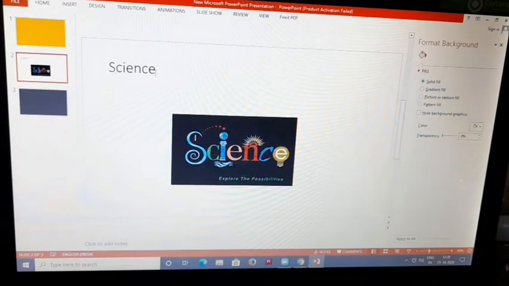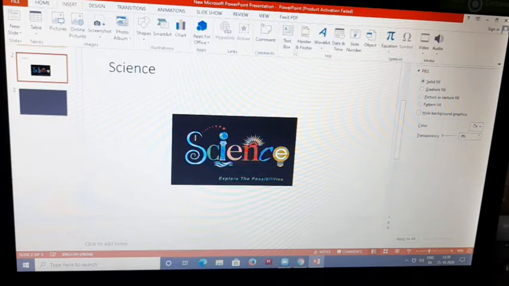So I'm going to make a text box here. We can make a text box by using the Insert menu. We go to Insert, and there is a Text Box.